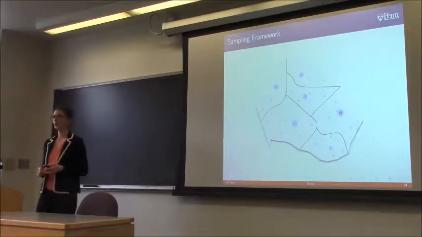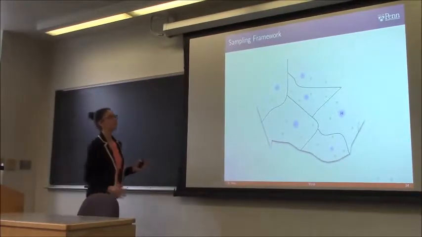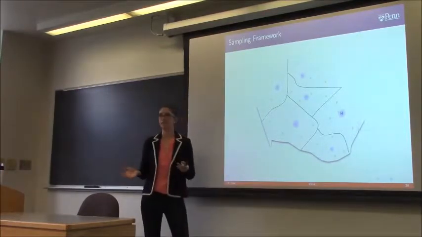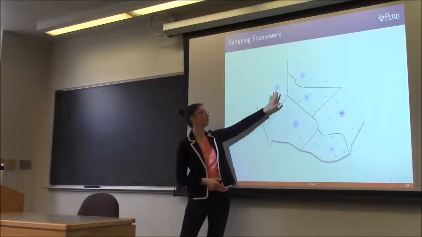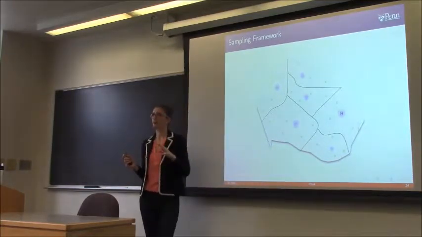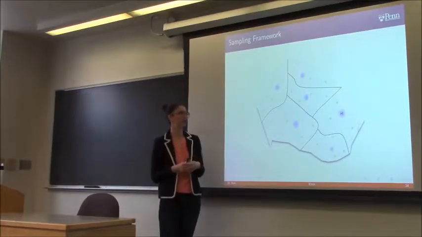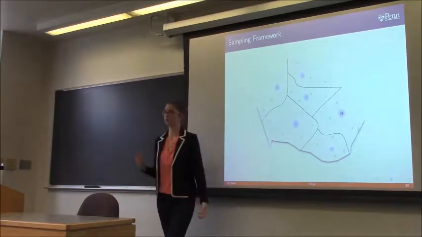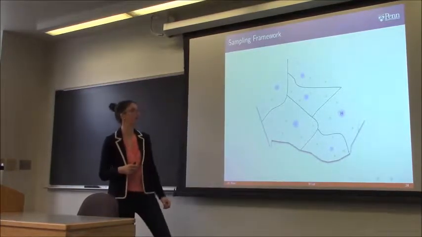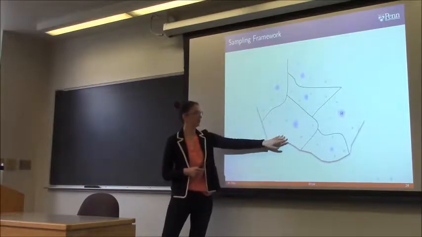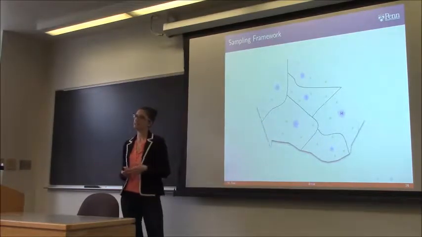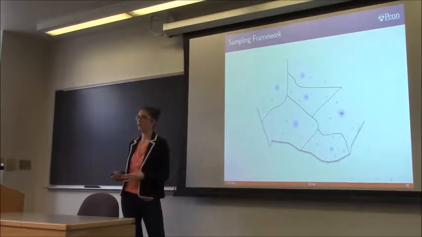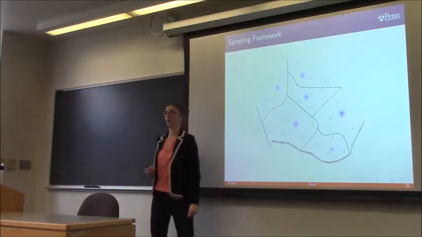Okay. So what our sampling framework looks like. Let's assume that this big blob in the middle is an entire country, and the black lines will denote, say, state borders. The purple blobs will be our HDSS sites, where the size of the blob will reflect the actual size of the HDSS. H here indicates that one of our HDSS sites is a hospital, so it's tracking information on everybody who visits that hospital. So the green dots surrounding all the purple dots are, say, surrounding cities or villages, and those are the ones we want to target to sample and get information from, using knowledge from the purple places.